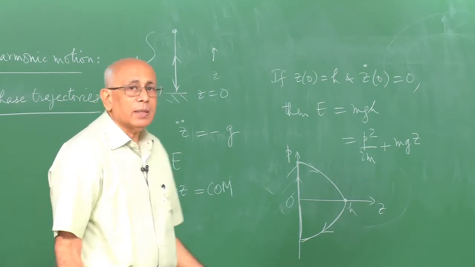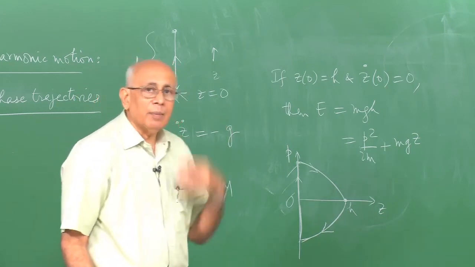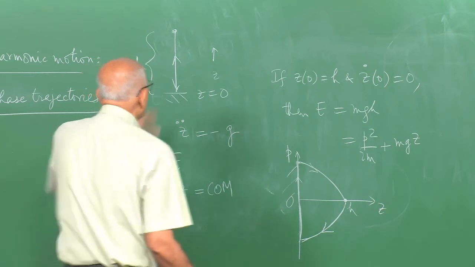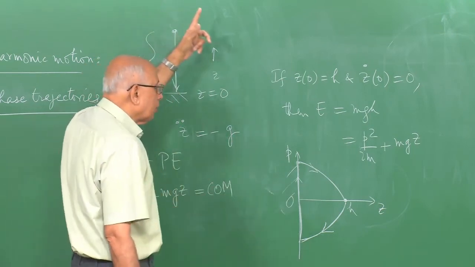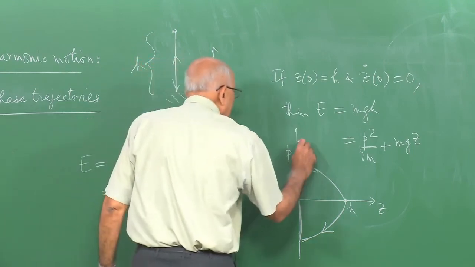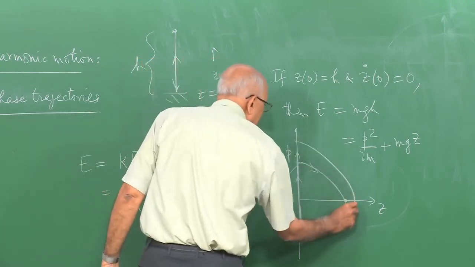And of course we know that the time period for this is dependent on the amplitude, or the height from which you dropped it, and therefore it is certainly not simple harmonic. What happens if I drop it from a greater height? Well, the phase trajectory would be a bigger parabola,